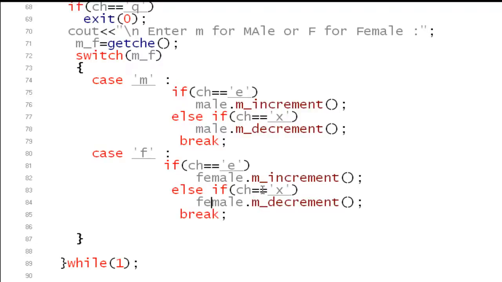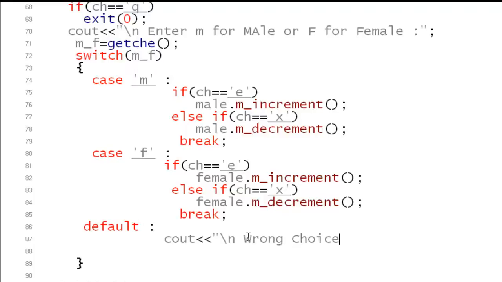Getting me or not? And then we will have a last case, a default case. In the switch, we can have a default case. What will the default be? Maybe you have not entered M or F. That means you have given a wrong choice. So I have to say that maybe you have given a wrong choice. You should give a good choice, right? So I'm saying